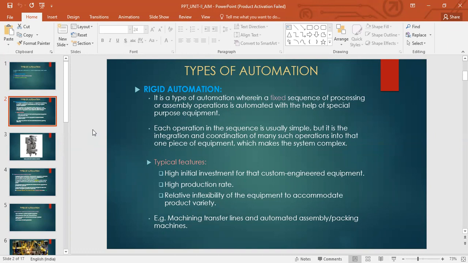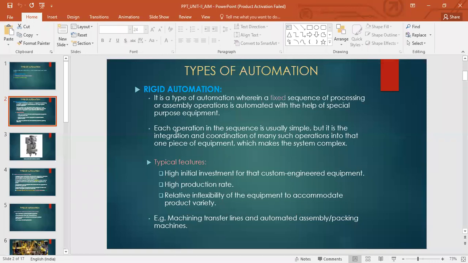So that fixed sequence of steps is what we are automating with the help of a special purpose equipment, right? So that is solely dedicated to that itself. That is why we are calling it a special purpose equipment. We have designed it so that it suits that product design we want to manufacture.